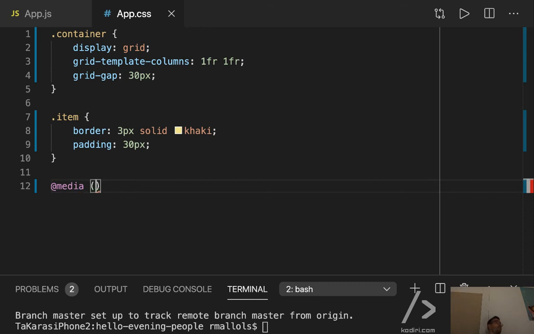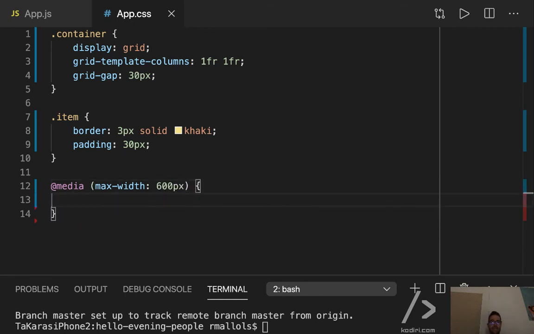Actually, I think that's optional. Only screen means if you print your web page, it won't apply the changes, because it will be only screen, only print. I don't care. I mean, guys, if you want to print that, I hope you've got better things to do than printing my web page. So media, max width, 600 pixels, for instance, and then